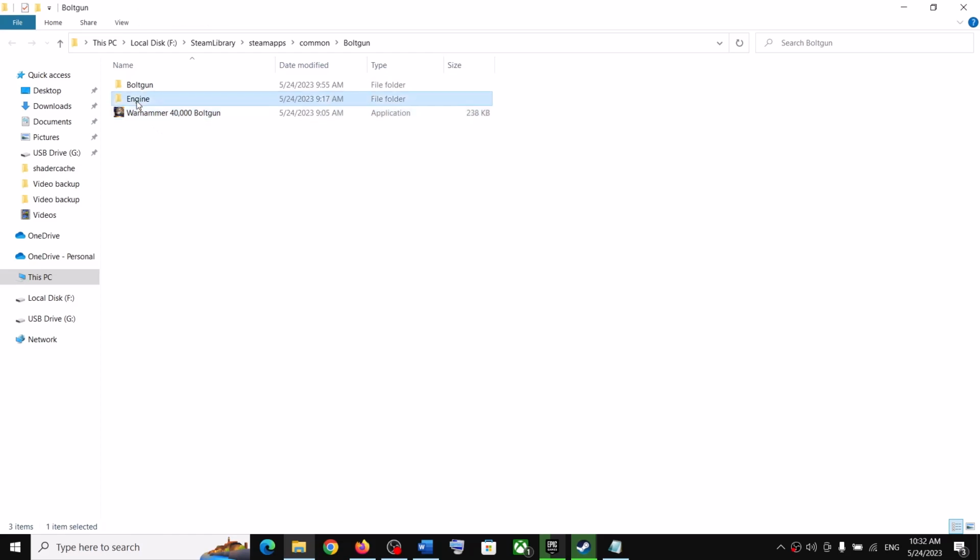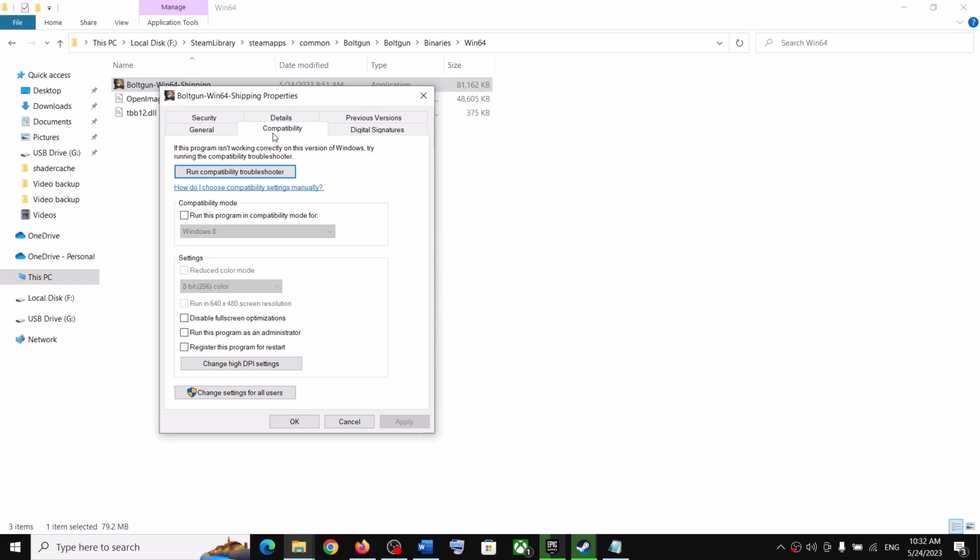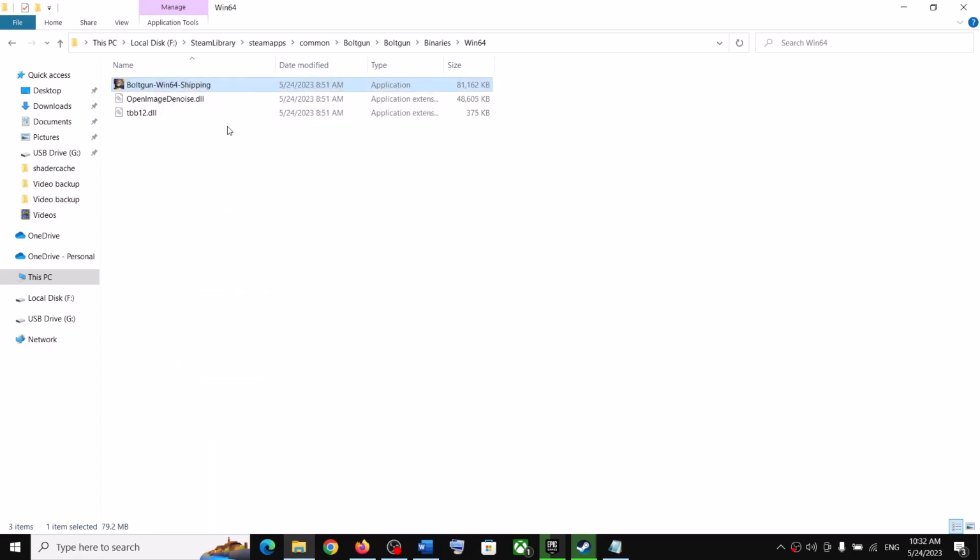Now open the Boltgun folder. Now open the binaries folder. Now open Win64. Here also you can see the game.exe file. Make a right click, select properties, go to compatibility tab, and then put a check on the box which says run this program as an administrator. Then click on apply, click on OK, and then make a double click over here and try launching the game